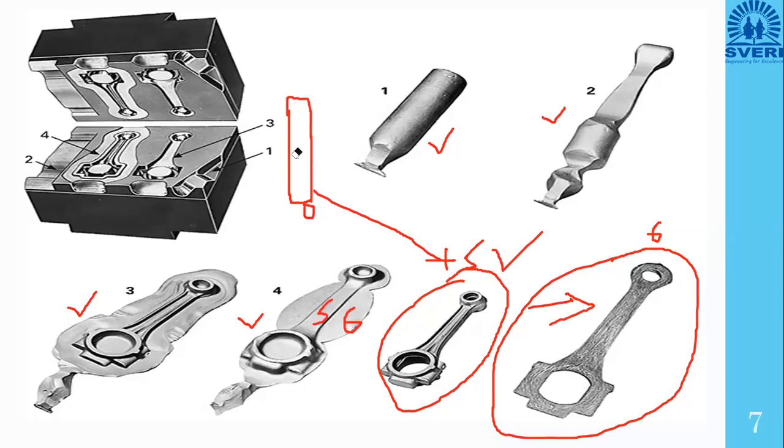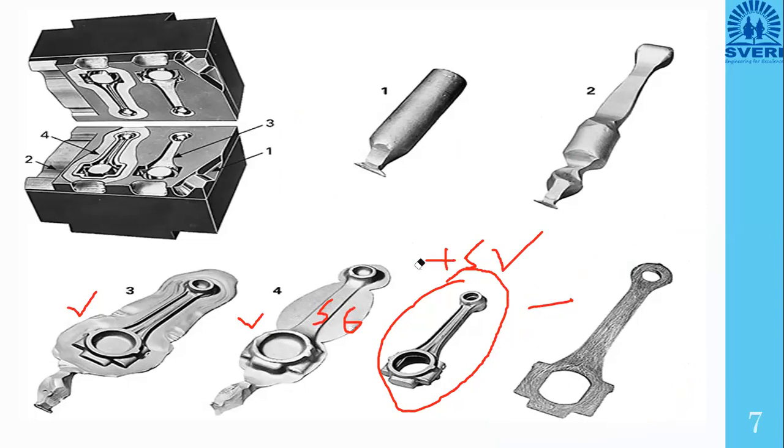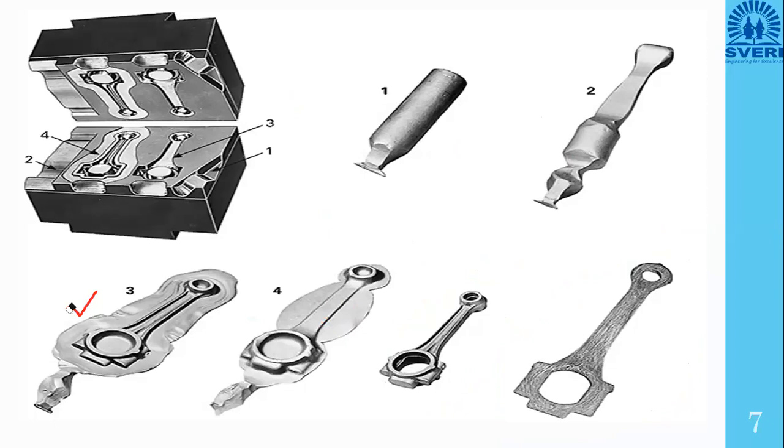So this is called closed die forging. This is one classic example of closed die forging. You might know such types of hammers. You might know this as the crankshaft. Here again the piston or cylinder is attached. When you open a two-wheeler engine or four-wheeler engine, you can observe such types of crank pins or crank rods. Is it right? So this can be prepared through forging.